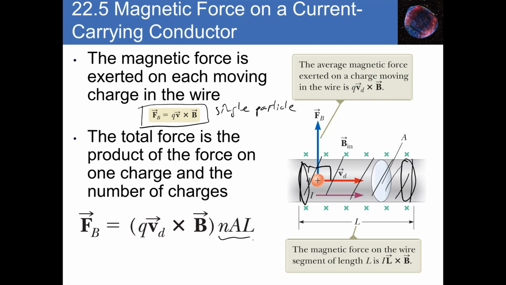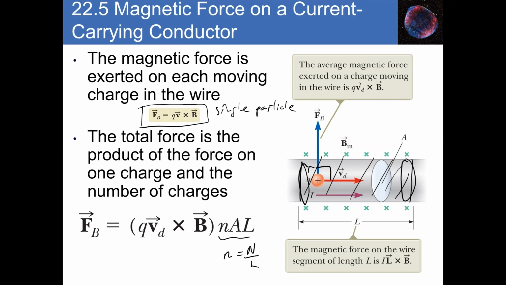And so the lowercase n is equal to the number of particles per unit volume. You can then put them all together into this equation